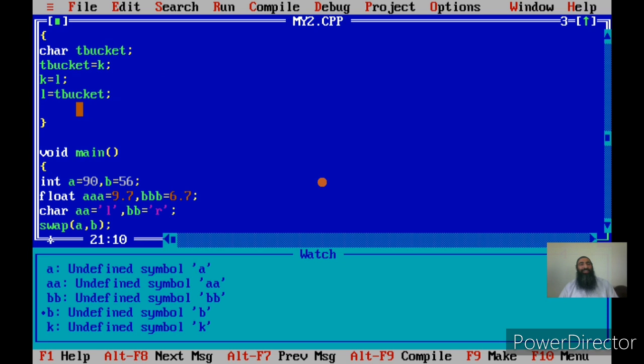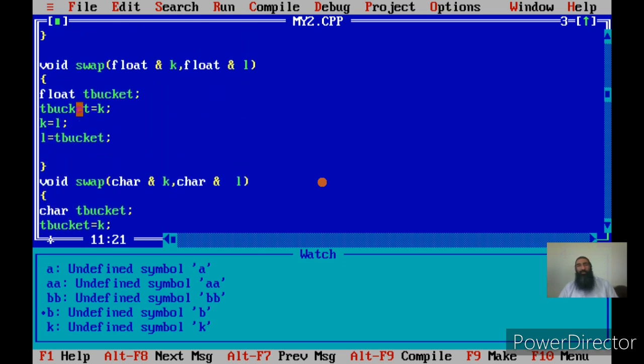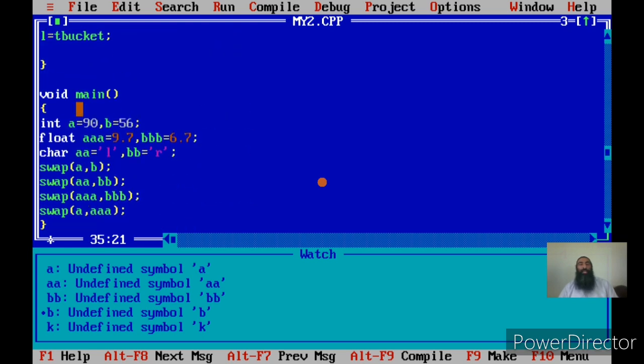But have we defined such a function? No. We have one function with two character arguments, another with two float arguments, and another with two integer arguments. But I am calling a function whose first argument is integer and second argument is float, and we have not defined such a function.